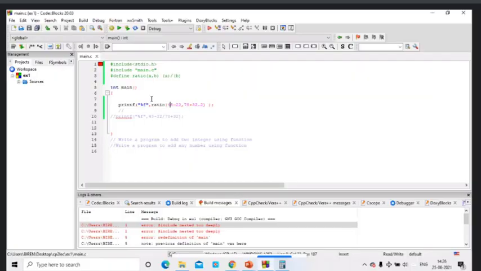Basically, here you can see we have used this macro. Then what is the compiler going to compile? The compiler is going to compile this statement like this. The compiler is not going to compile this. So here, would the priority be same or different? Different. Why different?